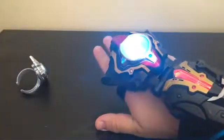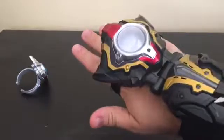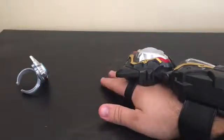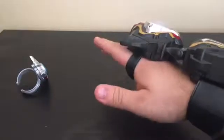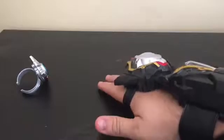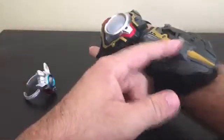Alright, so this allows Ultraman Taiga to access the Supreme Blaster. Which is basically an enhanced version of Ultraman Taiga's Storium Blaster, except using Ultraman Orb's power. And of course, if you scan again...